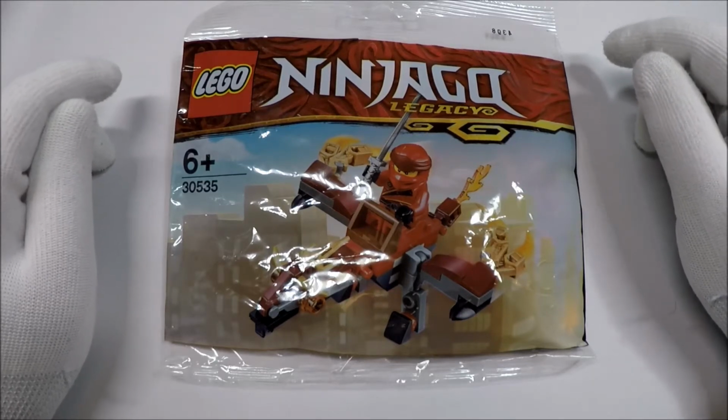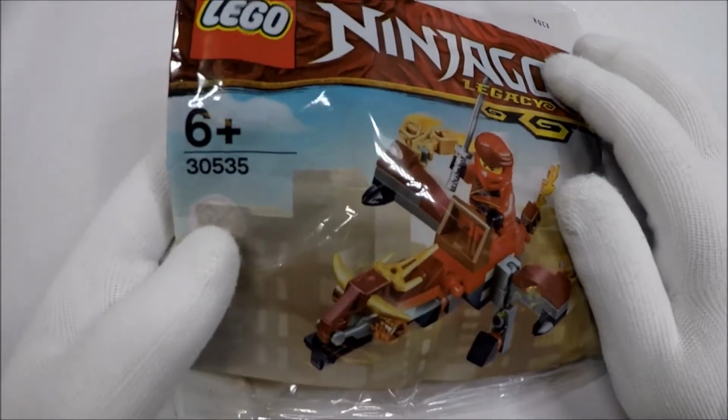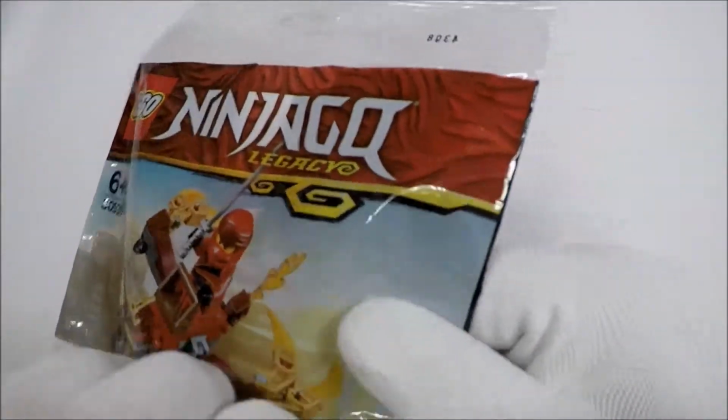In this video, we're taking a look at another LEGO Polybag. And this one is Polybag 30535. And this is the Ninjago Fireflight